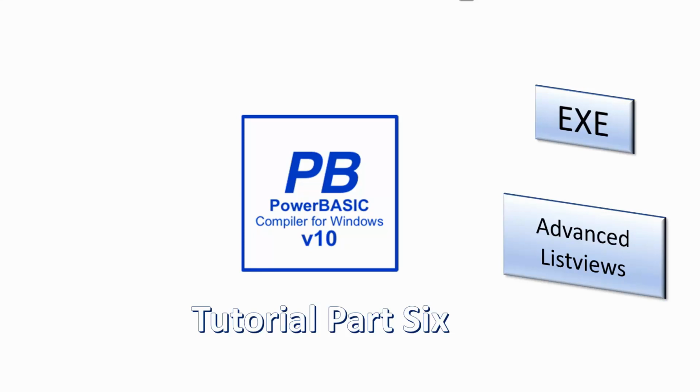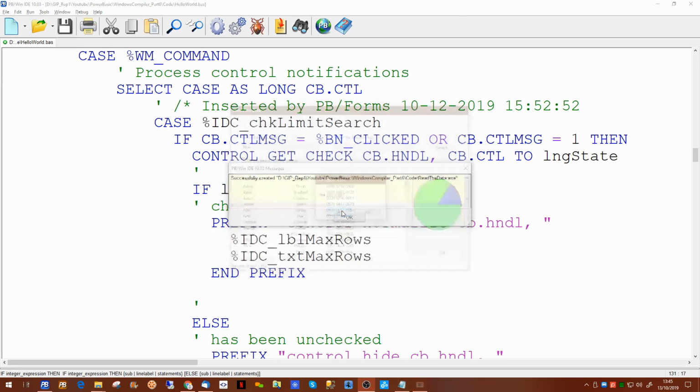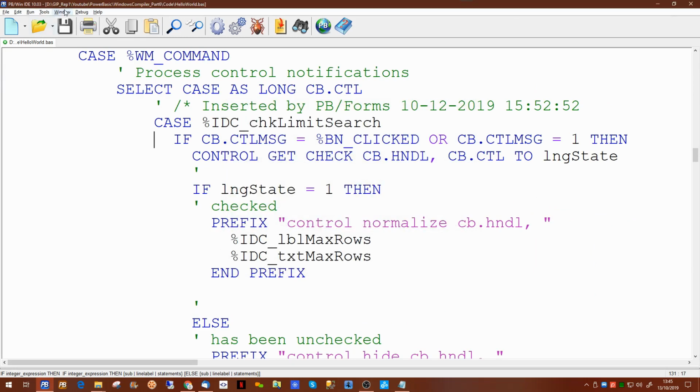Welcome! In this video we will look at advanced list views on forms within the PowerBasic Windows compiler. In our last video we added the list view to our application. In this video we're going to do some enhancements on the list view. So first of all we will go into the form designer,